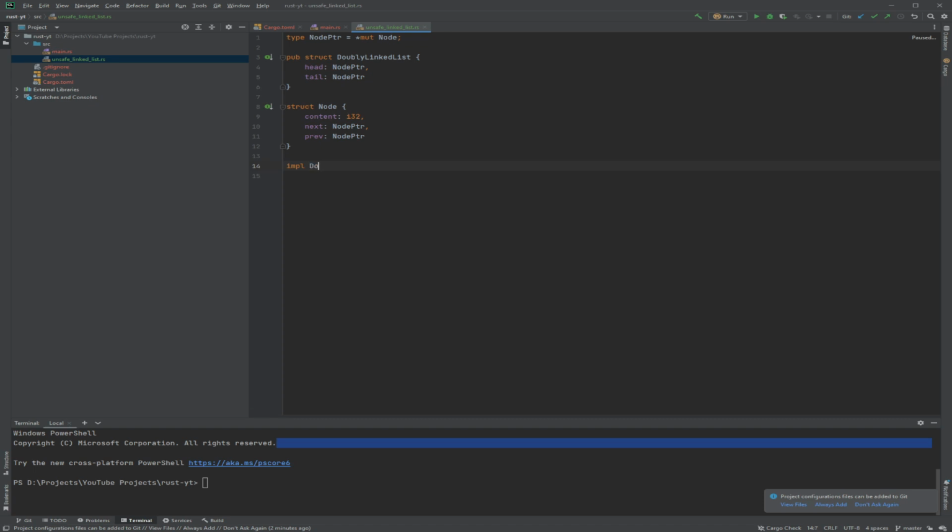So we're going to have the implementation of this doubly linked list, which just means it creates associated functions and methods. Well, C doesn't have methods, so it's basically like a static one, like a C++ namespace, and then obviously also methods. This is not a Rust tutorial, so this is just me jamming, writing a linked list.